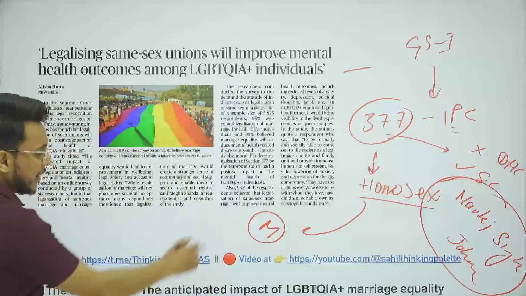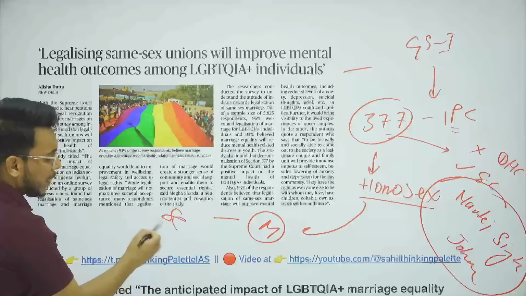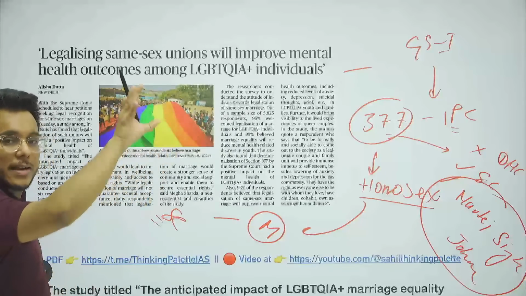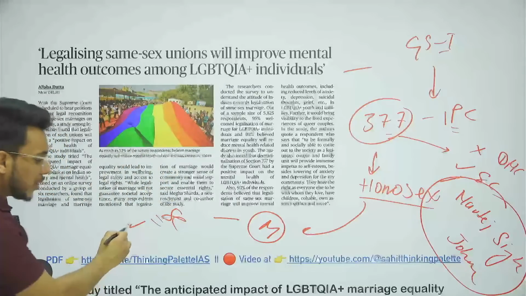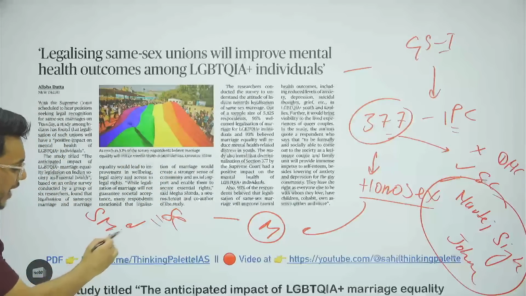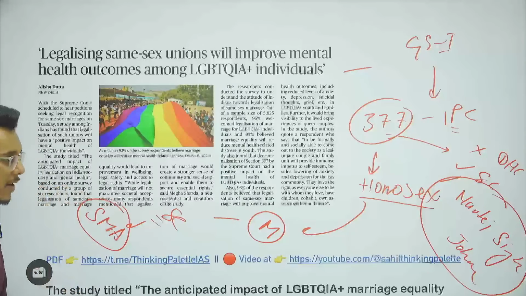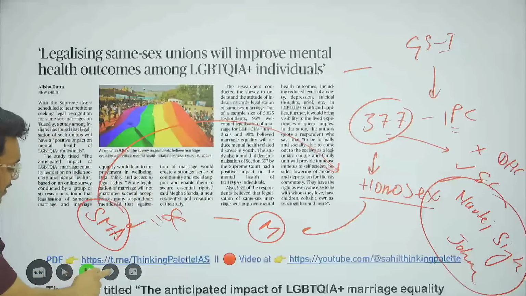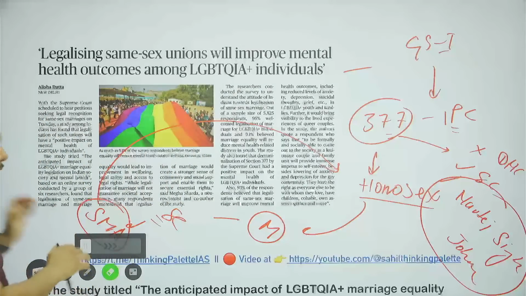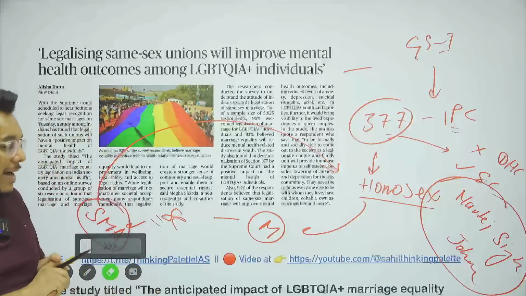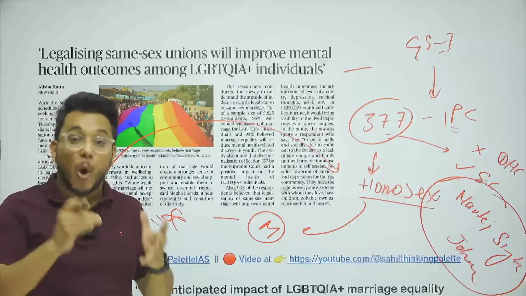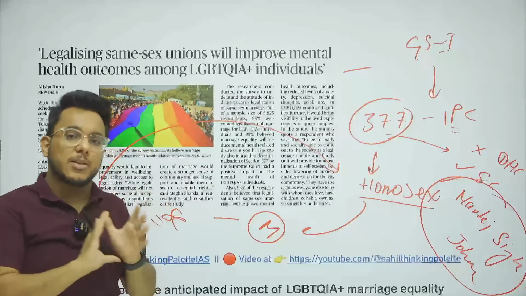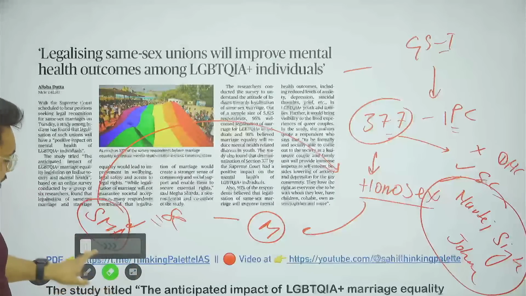And what has happened? They have approached the Supreme Court. First of all, they approached many high courts. The Supreme Court has clubbed all the petitions from the High Courts and brought them to itself. So in the Supreme Court, now the petition is that under the Special Marriage Act, 1954, homosexuals should be allowed to get married. Now, in this particular capacity, guys, the government up till now has said that no, we cannot allow them to get married because it goes against the social norms of India. Because marriage means marriage between heterosexual people. So the government is not very much supporting that. Now, this is something that has happened.